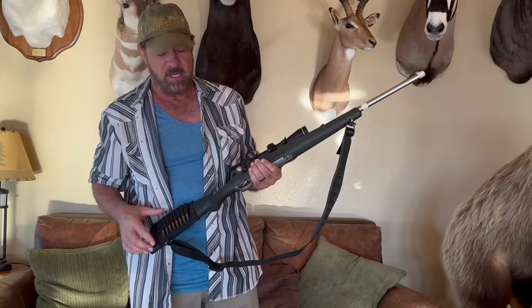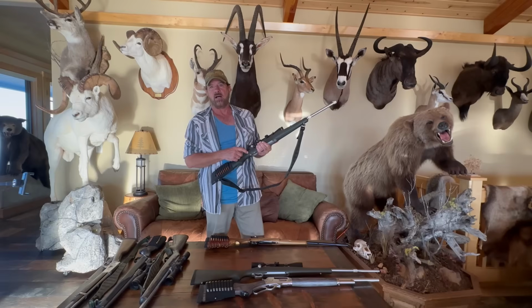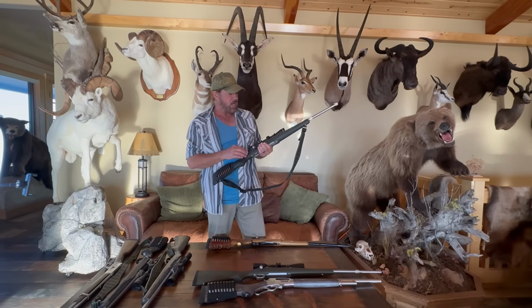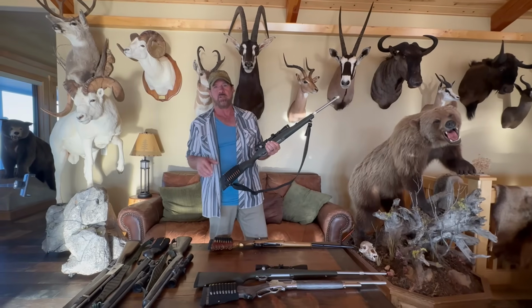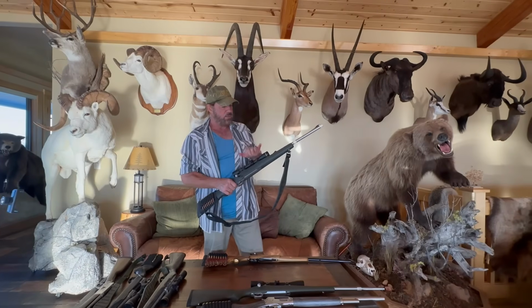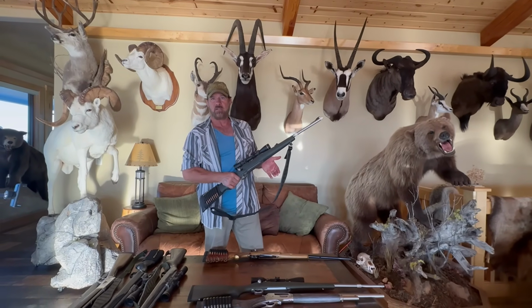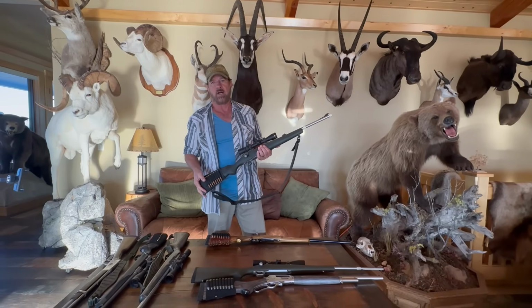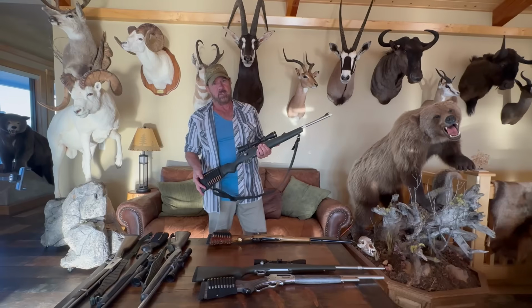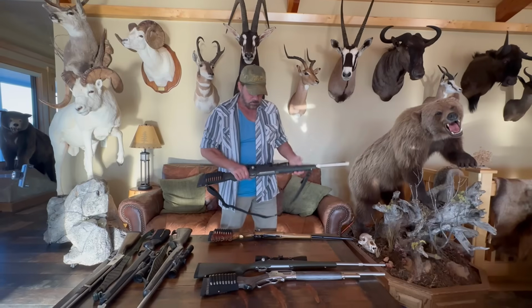Saw bulls every day. But when we went back to pack out the elk, there was a grizzly sow and a cub on the elk quarters. And I was carrying this rifle in my hand. I was leading pack horses. It was pretty steep terrain. And with this rifle, I felt comfortable. I know if I whack a grizzly, especially a smaller sow who's probably going to be in the 400-pound range or something, it's going to really seriously hurt them. So